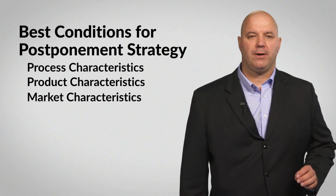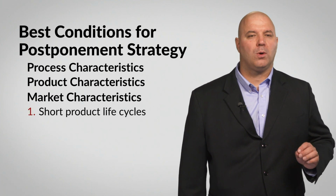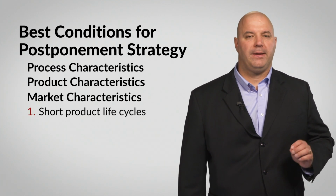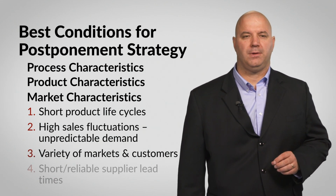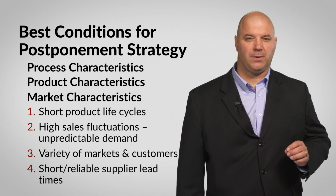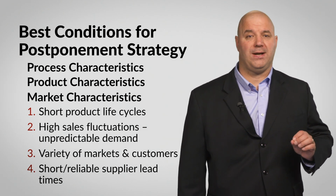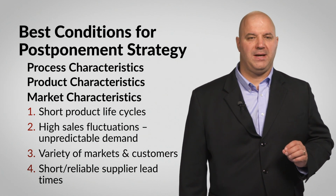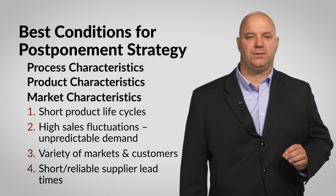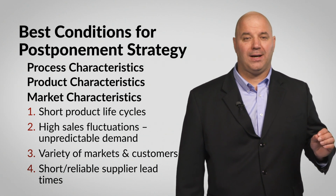In terms of market characteristics, postponement is often considered with short product lifecycle products that have unpredictable demand with a variety of markets and customers. All this variation and uncertainty makes delaying the final form or location of a product quite necessary. Without postponement, we would struggle to meet these unique, uncertain conditions without incurring massive costs in safety stock inventory, obsolescence,